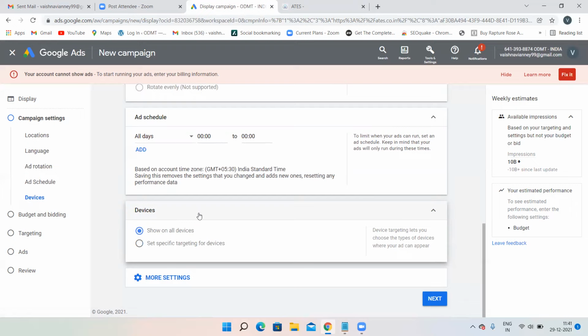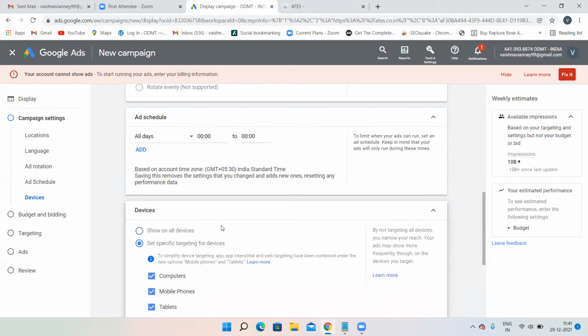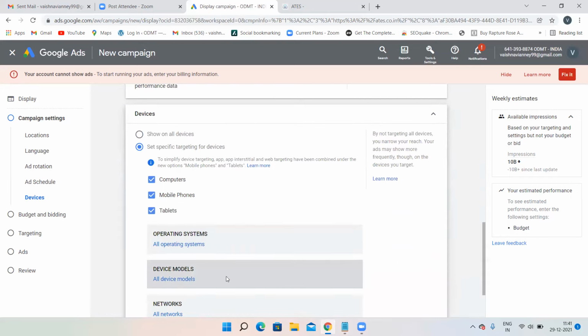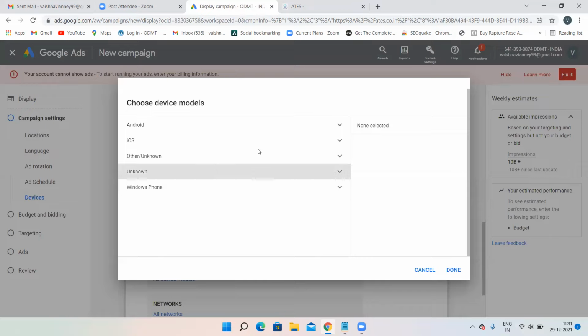Suppose a person is opening a particular website from a Samsung phone, then only your advertisement will appear to that person. Suppose you have selected Android and a person is seeing a website from his iOS phone, then your advertisement is not going to appear because you have selected Android. That is the reason only Android users will see your advertisement.